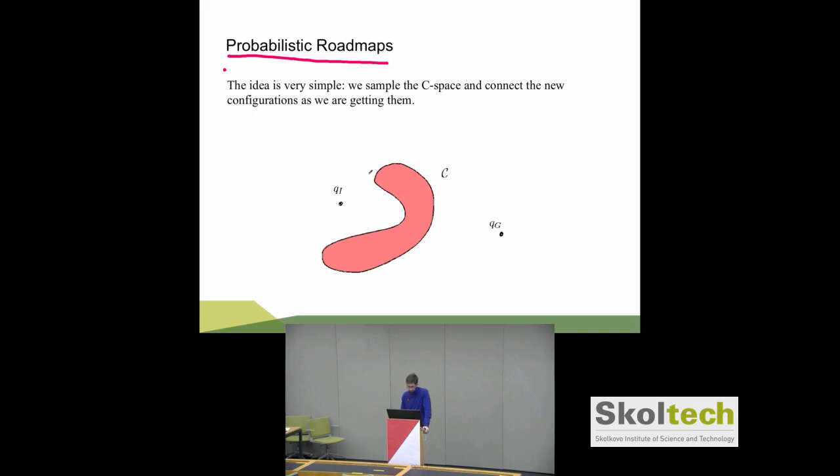method for doing planning. So what we do is sample the C space. We start sampling, and then for each sample, we look at the neighborhood. We can define a number. This is a hyperparameter. There's a way of relaxing this later, but in the first version, there's a parameter. If there's a point inside this region,